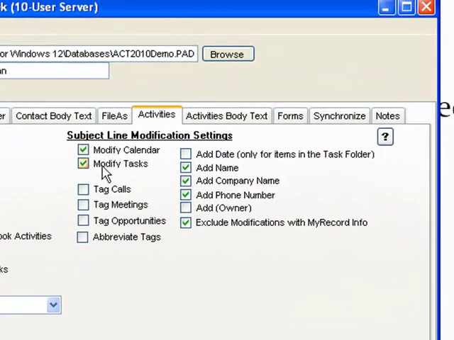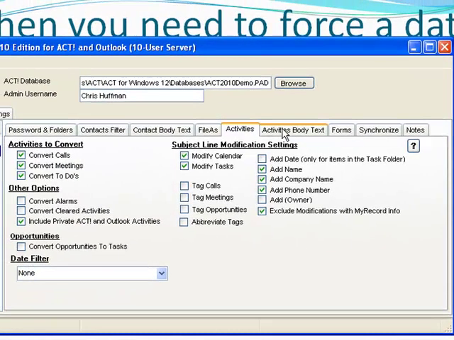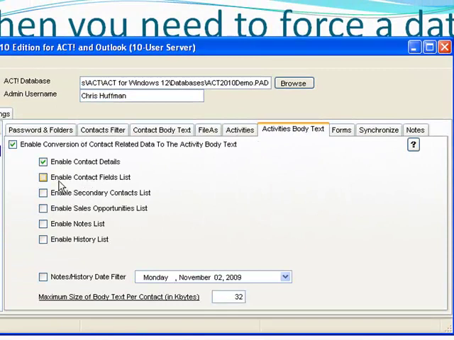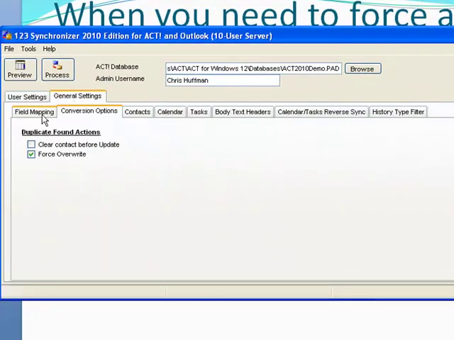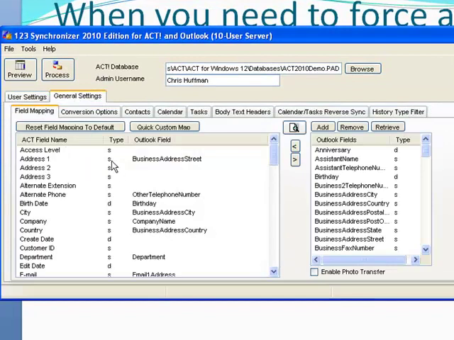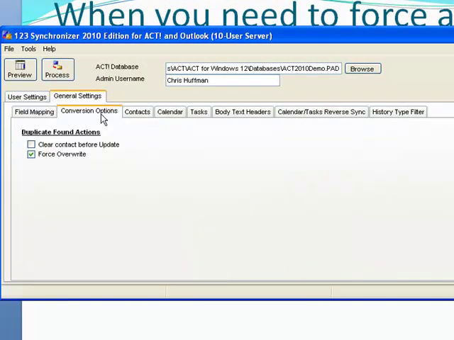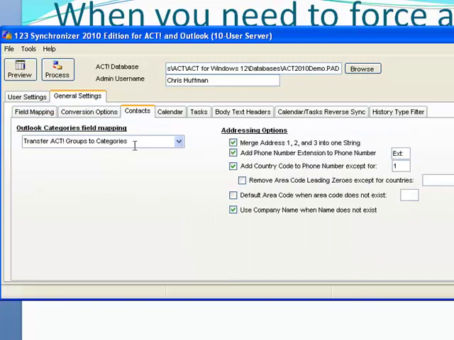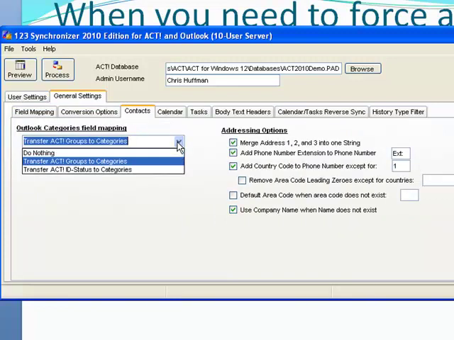If you change any of the activities, anything that deals with the tags, that does activity modification, calendar or task, any of the changes here in the subject line modifications, you need to do a force override. If you change any of the settings on the body text of the activities, you need to do a force override. If you make a change on the field mapping, so if you map another field, force override. If you do modifications on how categories are represented in Outlook, you